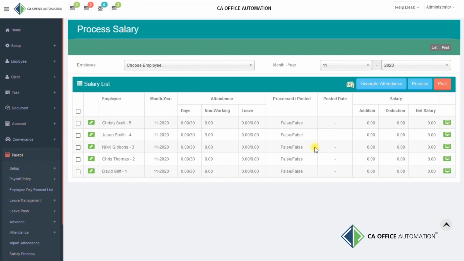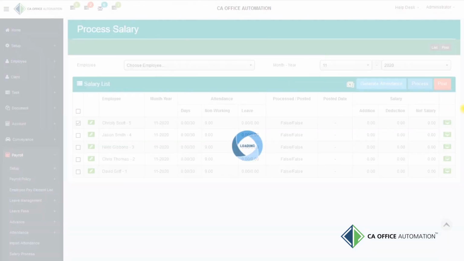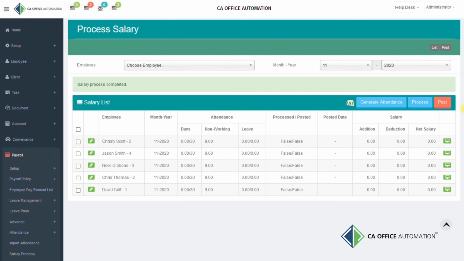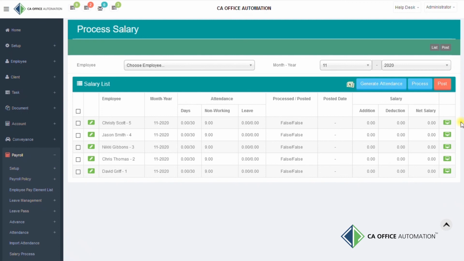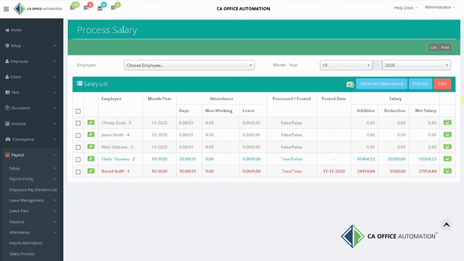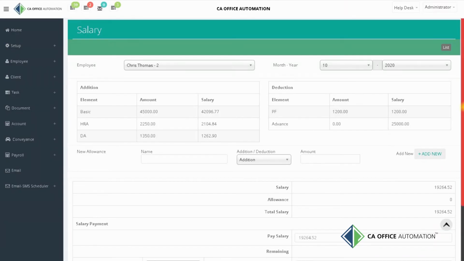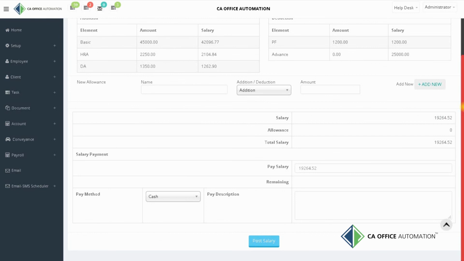Under the Process Salary tab, by clicking on the Process button, you can see employee-wise salary calculation as per the policies you have created in the system and the respective attendance. Parallelly, the details will be sent to the employee through email and SMS. If there is any rectification reported by an employee, it can again be processed. If everything is fine, then salary details will be posted by clicking the Post button. However, if required, desired addition or deduction can be done by clicking on the Post Salary button given beside the checkbox.